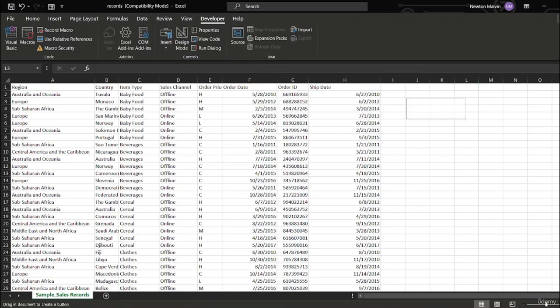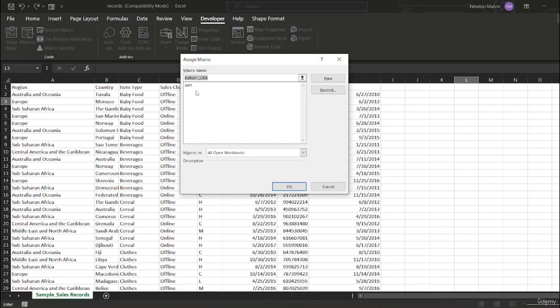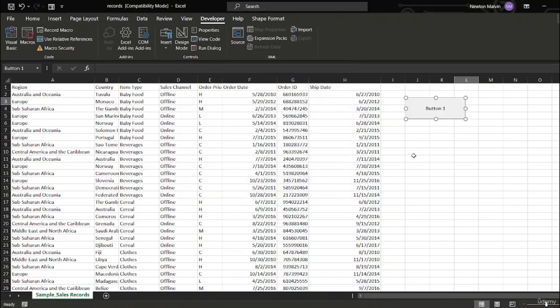So I'm going to go to the insert and select this, and I'm going to create a box here. All right, so just simply create a box here, and I'm going to select this one, the sort, and I'm going to open it. So here you can see that there is a button here which is named button 1. So we're going to rename it, and we're going to name it to, let's say, whatever we want to select it. So I'm going to select, let's say, the order priority, or maybe I should use the order ID. Okay, so I'm going to use the order ID,